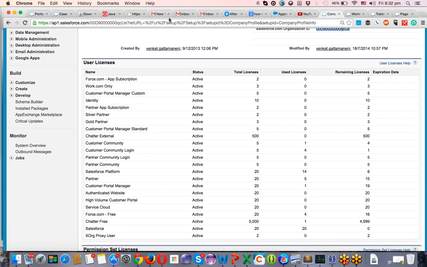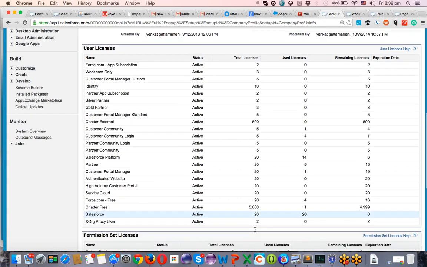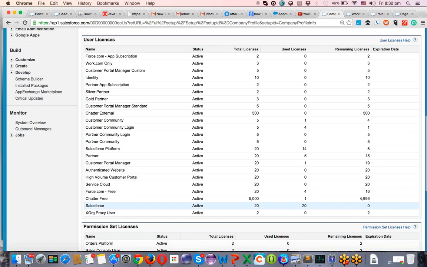So this company has bought 20 licenses, but coming down to your company profile, you can see very little information on all these licenses. There will be two here, sometimes one also. Salesforce licenses 2, free. Here we have 20 and I have used 20 licenses.